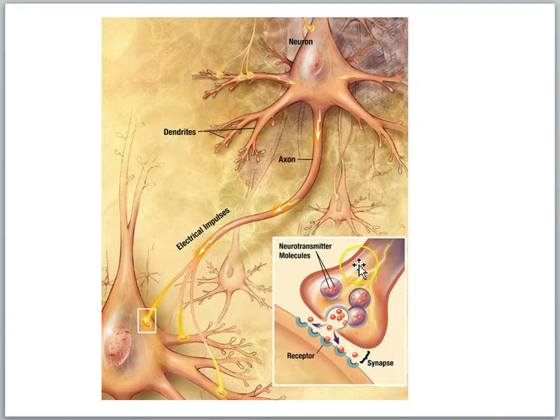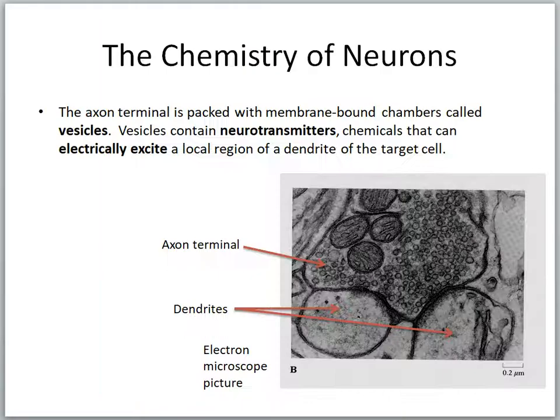Now if you magnify that synapse, it looks like this. Notice the terminal does not physically make contact with the target cell. There's a space. So the axon terminal is packed with membrane-bound chambers called vesicles. And vesicles contain neurotransmitters. These are chemicals that can electrically excite a local region of a dendrite of the target